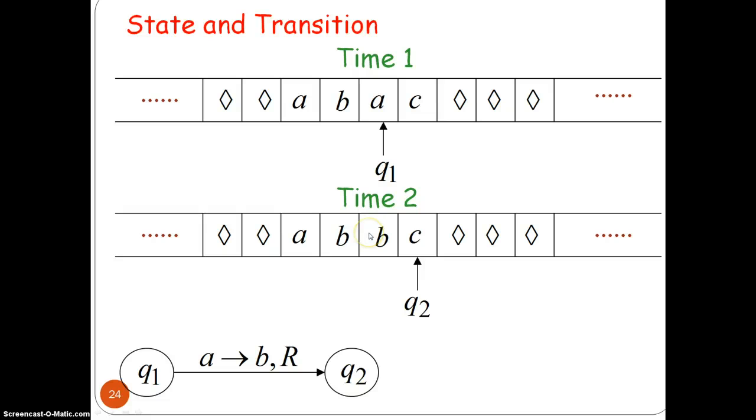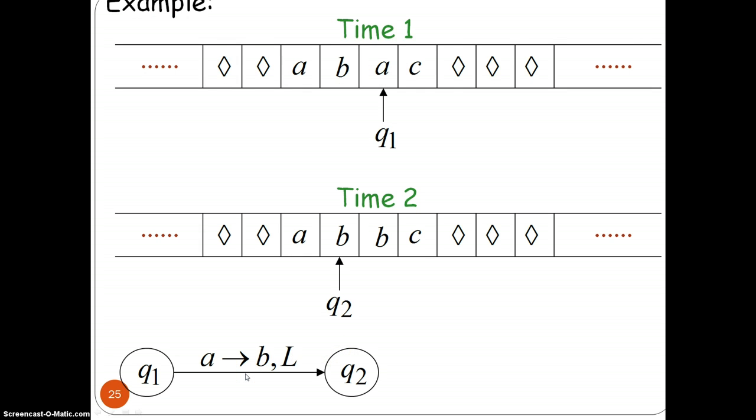Now we are showing the states. State and transition. A state shows the situation at a particular condition. When we are reading the symbol A, our state is Q1. When at Q1 we read the symbol A, we write B at that place, and we move our read-write head to the right. This we show in our transition diagram. In this transition diagram, we have state Q1, and from Q1 we move to Q2 when we read A, and we write B at that place, and the direction is right, that is we move to the right.